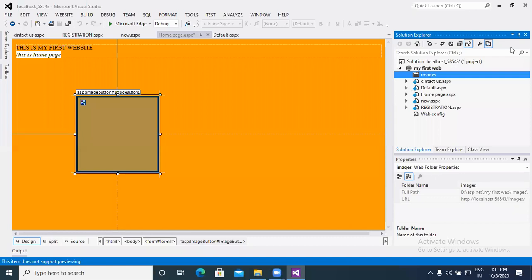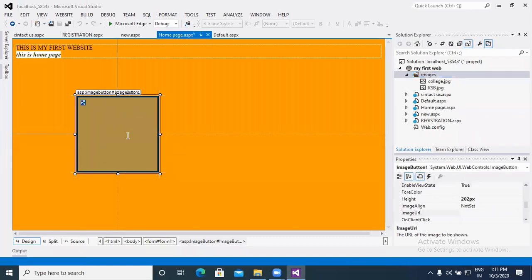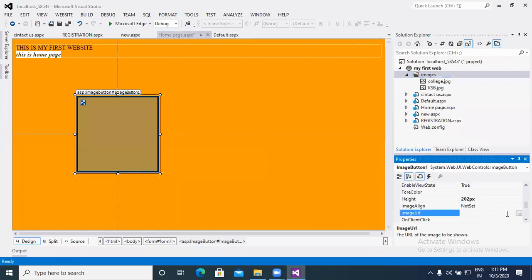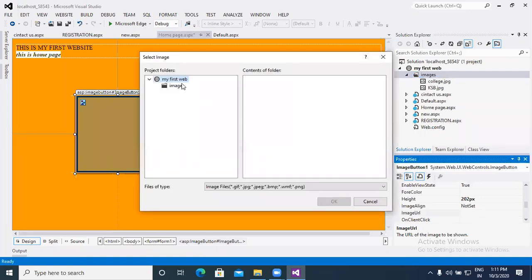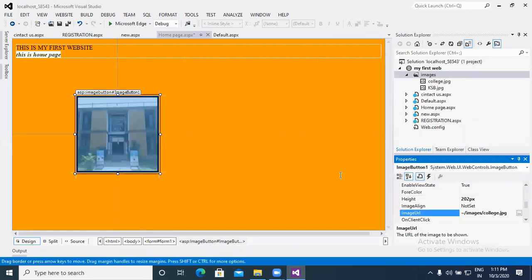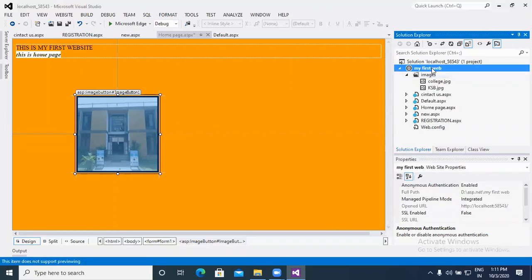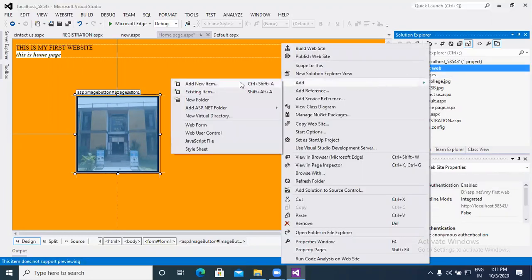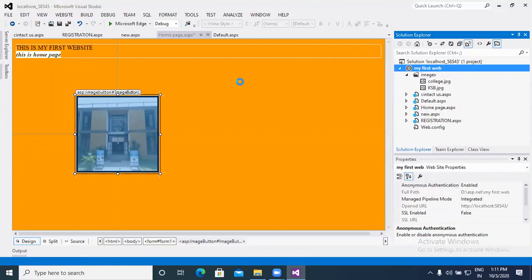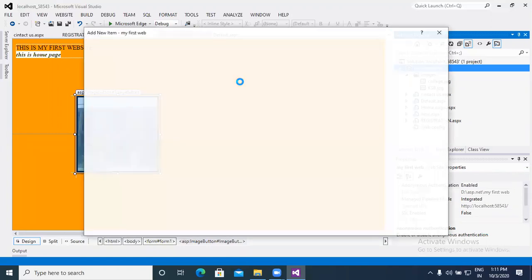Then you can refresh it. Basically, we can put a college image, and when the college image appears and we click on it, then the college web page should be displayed.